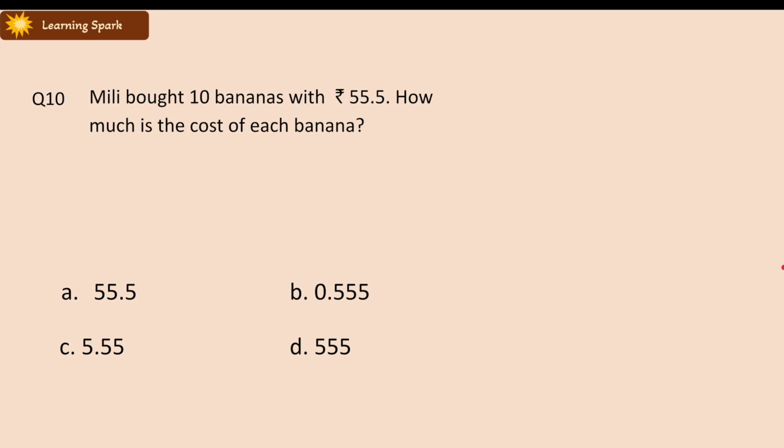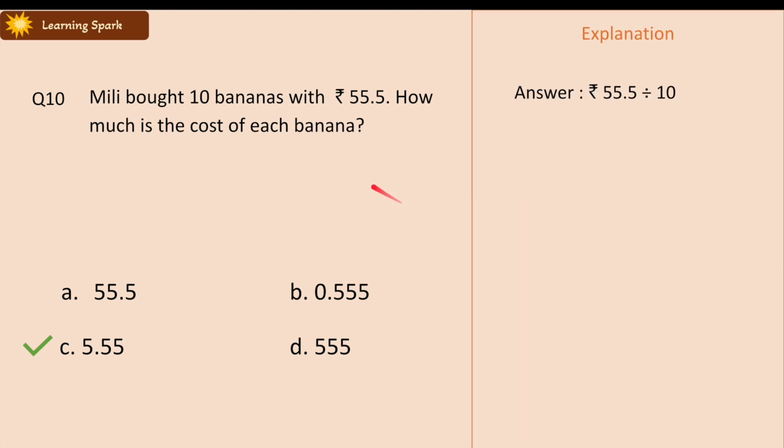Question number 10 is on your screen now. We will go to the answer now. The answer is 5.55. Let's see why. Millie bought 10 bananas and the total is 55.5, right? So how much is the cost of each banana? This is simple division, right? The total of 10 bananas is 55.5. Each banana costs equal, so each banana will cost